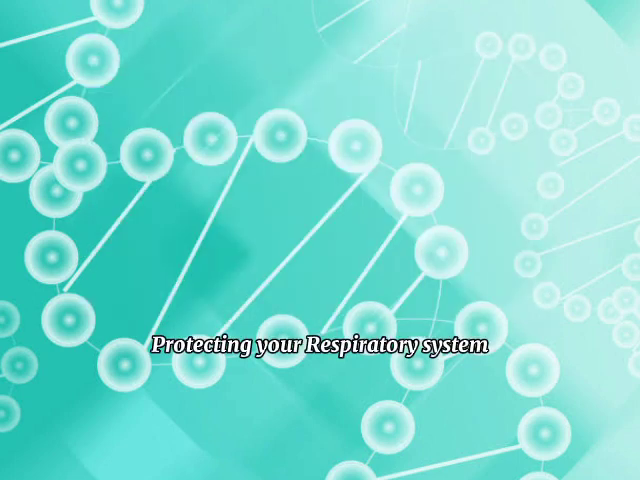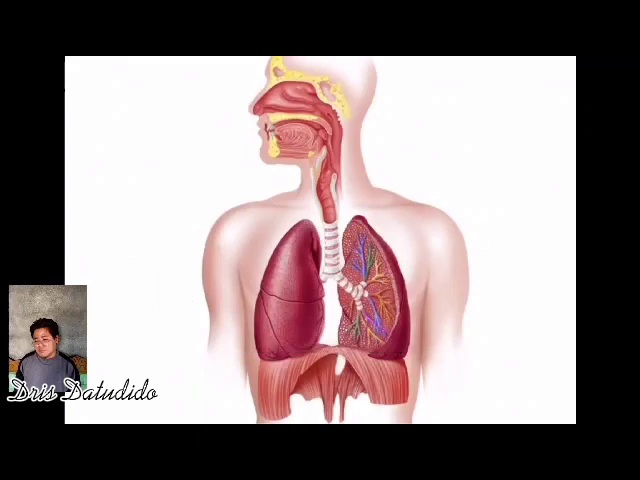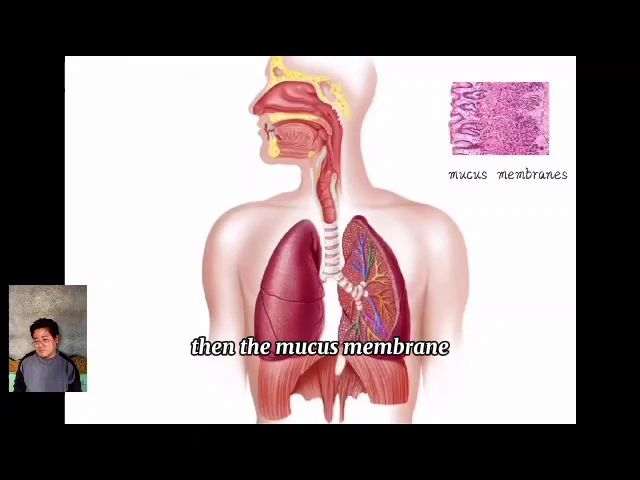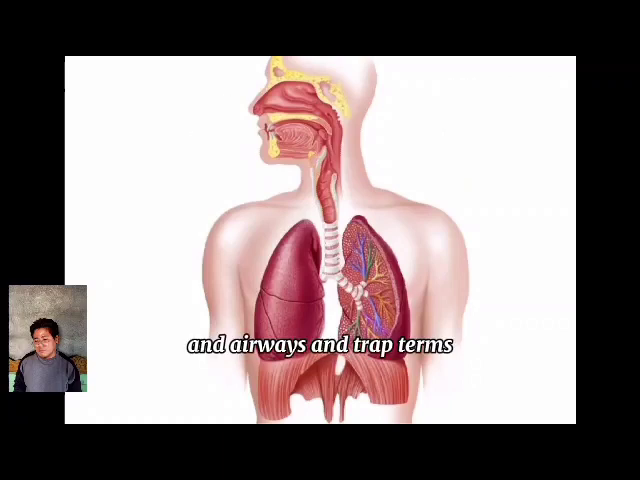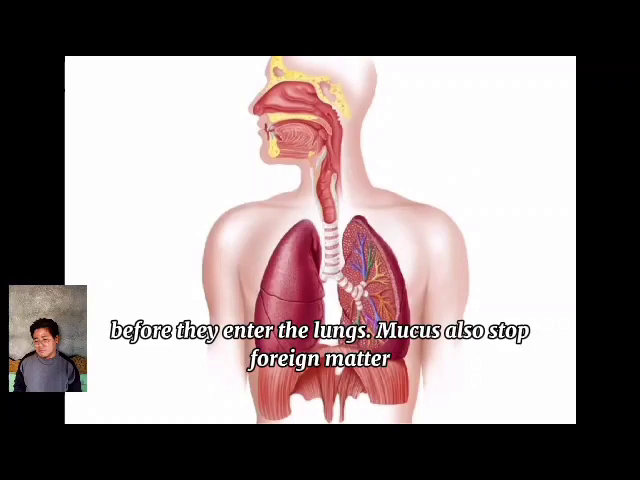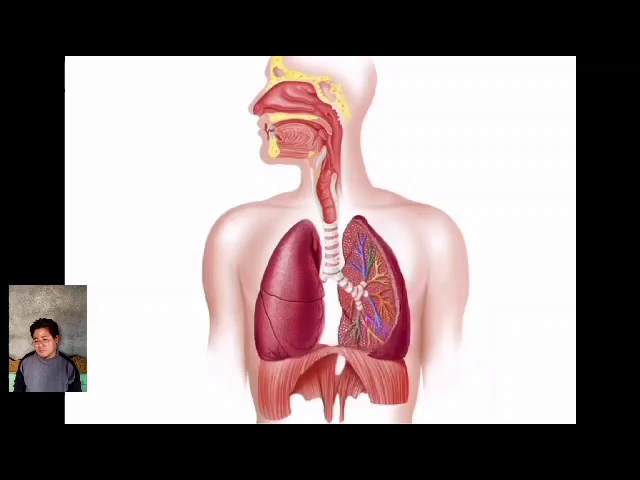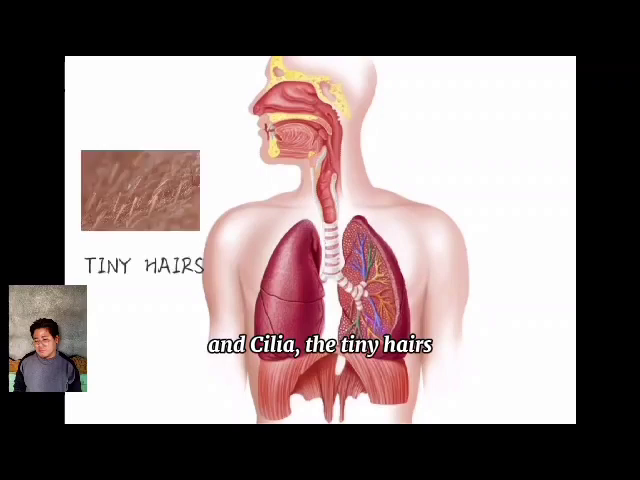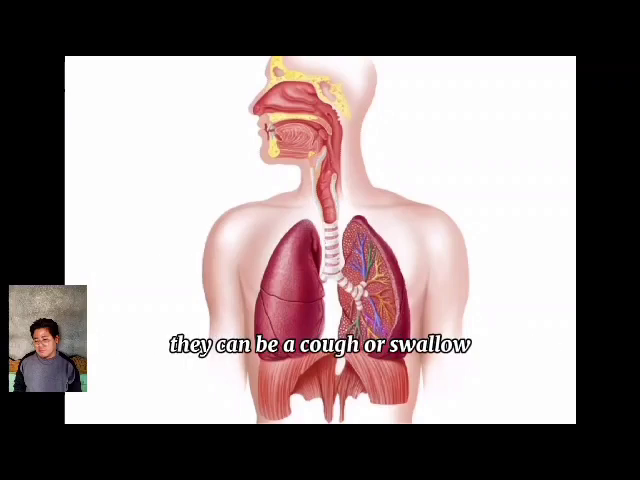Protecting your respiratory system. The lungs are a unique organ and part of a system designed to protect them. Mucous membranes line the nose, mouth, throat, and airways and trap germs, dirt, and particles before they enter the lungs. Mucus also stops foreign matter from traveling through the respiratory system. And cilia, tiny hairs, catch dirt and germs and move them up to where they can be coughed up or